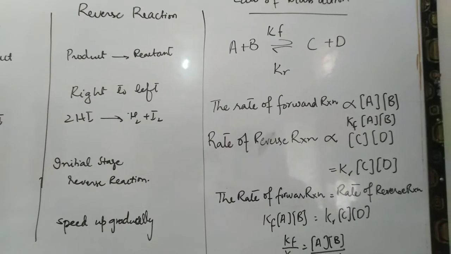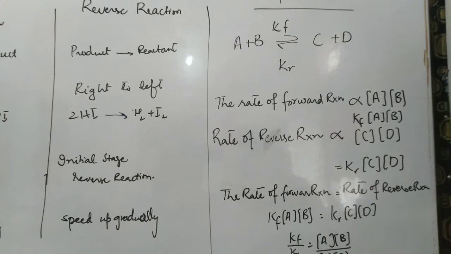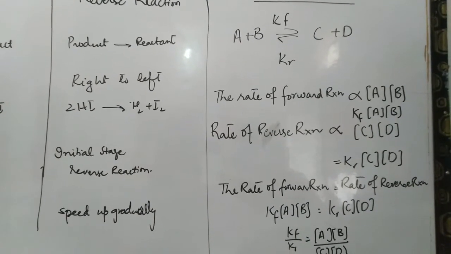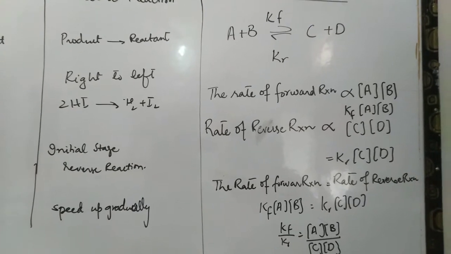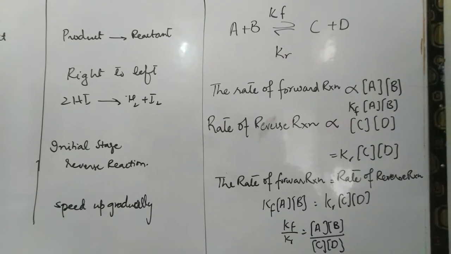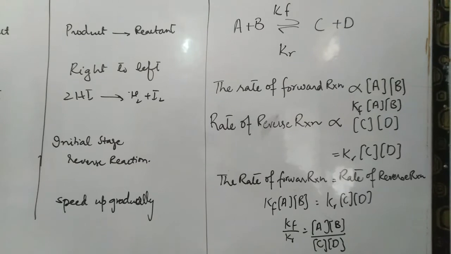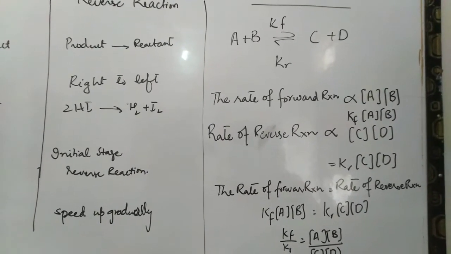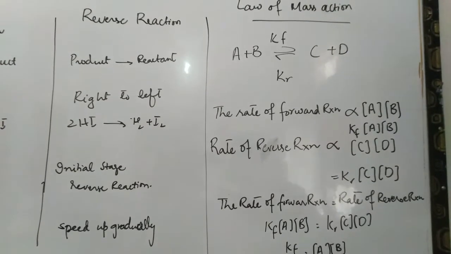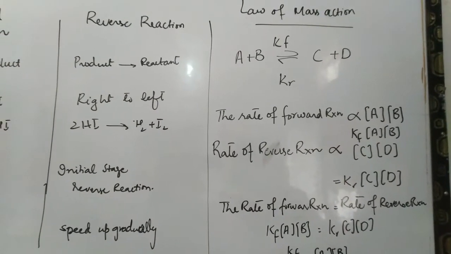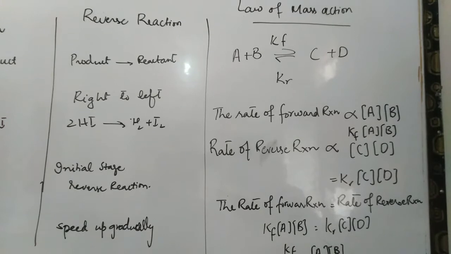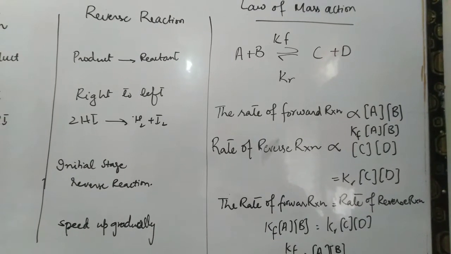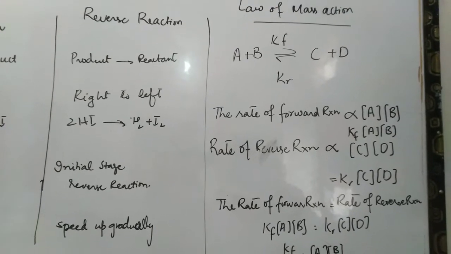According to the definition, the rate at which a substance reacts is directly proportional to its active mass. First we explain what active mass is. Active mass is the mass which takes part in the chemical reaction. There are some residues which are left behind during a chemical reaction, so those are not included in the active mass. The amount of mass which takes part in a chemical reaction is called active mass. And the rate of the reaction is directly proportional to the product of the active masses of the reacting substances.